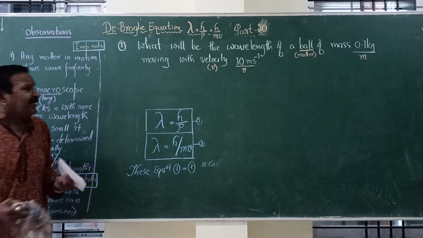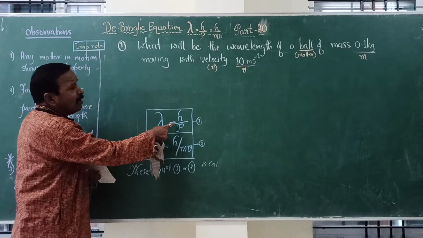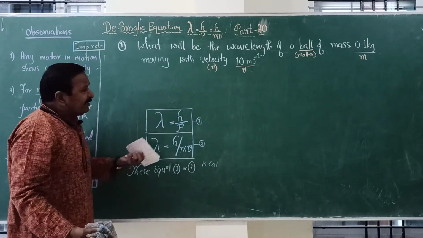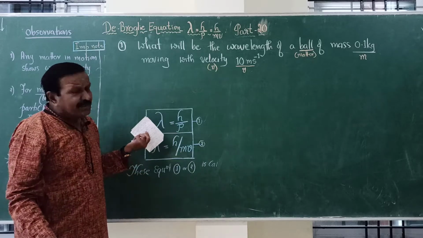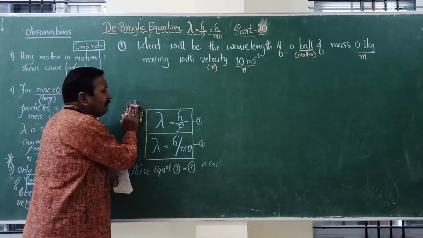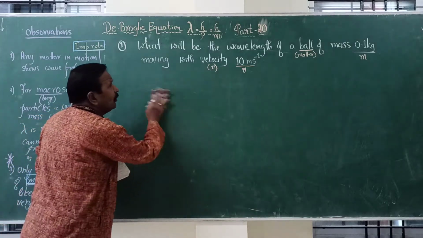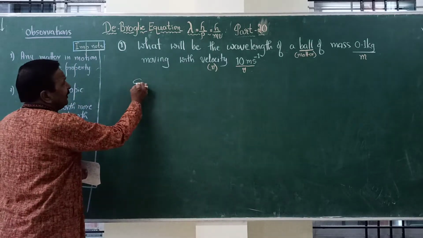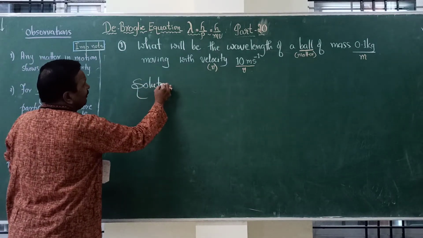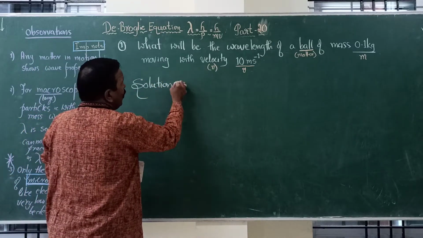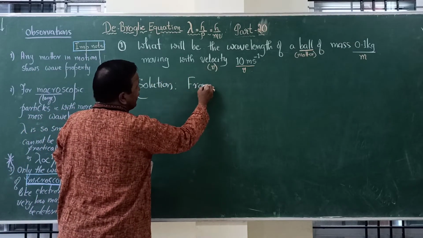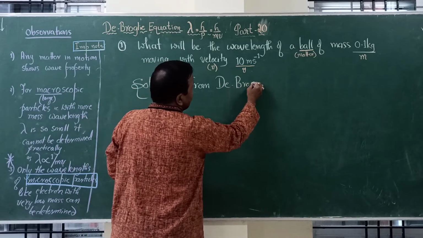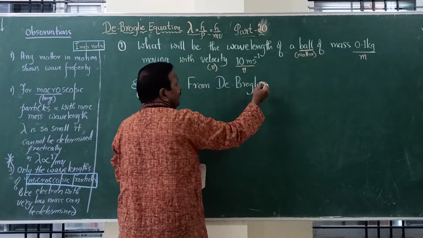The de Broglie equation is a very simple relation, but now you have to use this form of the equation, not the other one, because momentum is not given. If momentum is given directly, then you would have used that directly. But since mass and velocity are given separately, this can be solved. So the solution will be very simple. From the de Broglie equation,